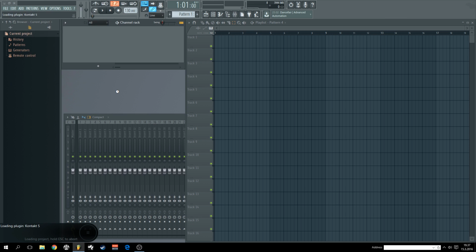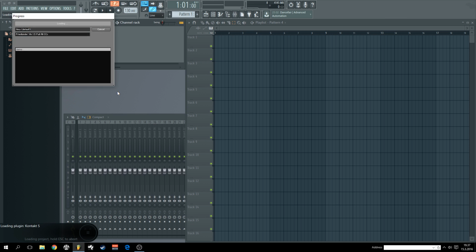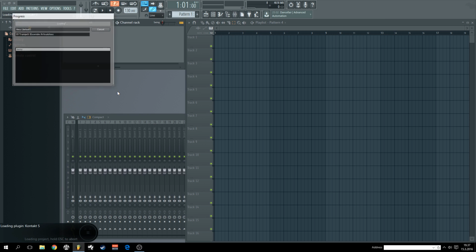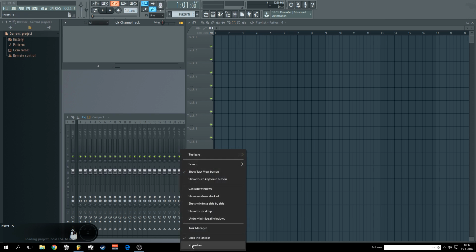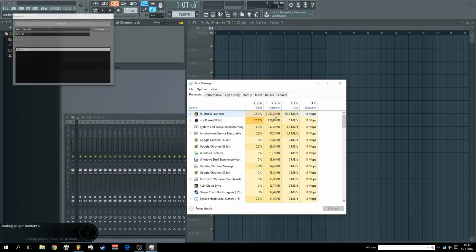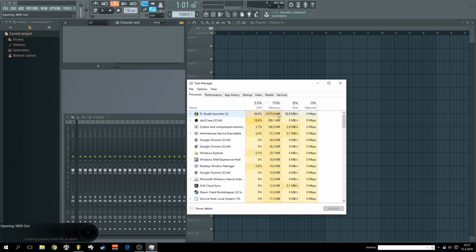There are probably around 16 to 20 gigabytes of samples loaded up, except that I have purged all the Kontakt instances to save memory because I only have 8 gigabytes of RAM available. So let's see how much this template is taking. Currently we are going at 4 gigabytes